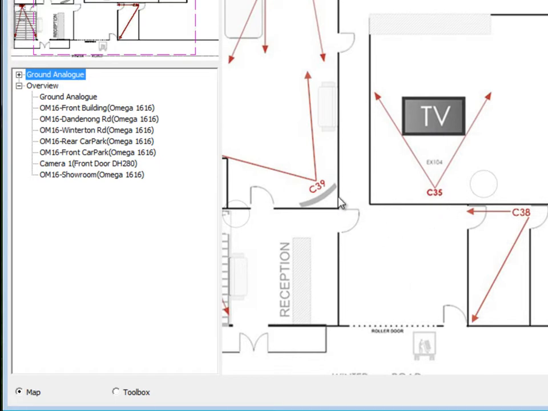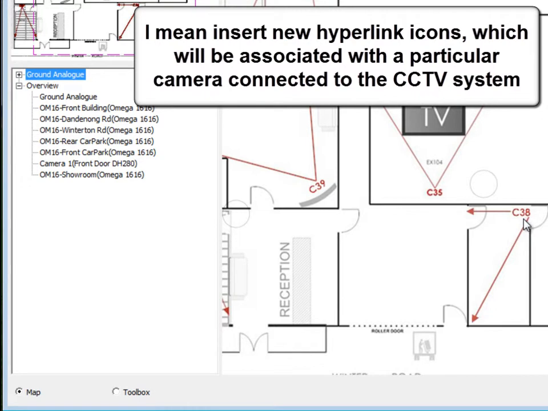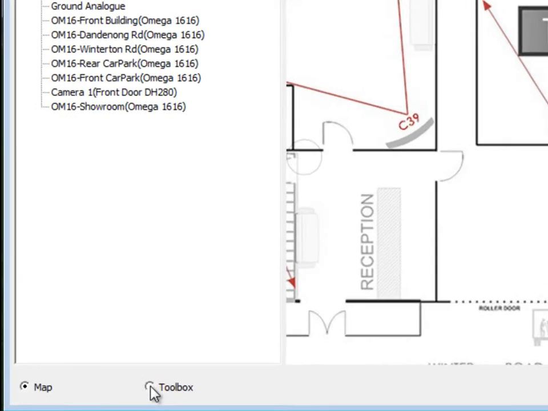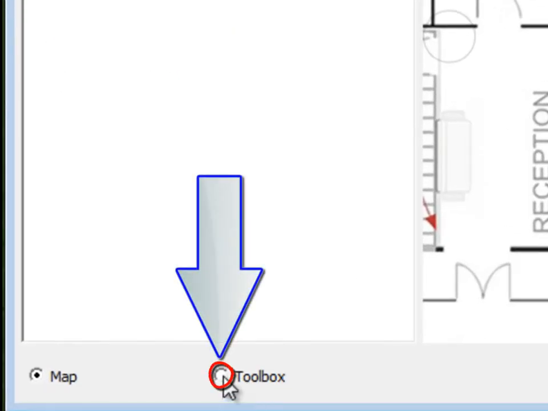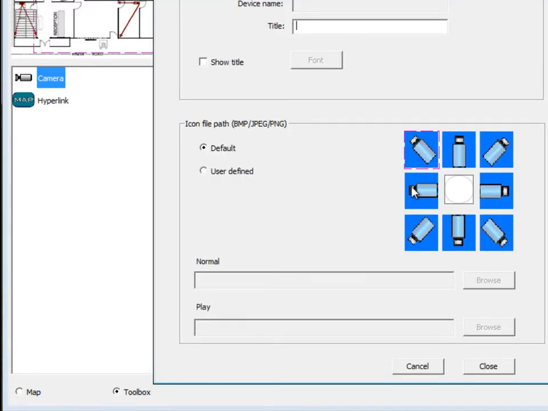So now the first proceedings will be to insert the new cameras. I've got two new cameras, C38 and C39. Now to create new icons for them, I click down here in the toolbox option, so I'll just click in that little circle, and here I see my camera and hyperlink icons. I will drag this camera icon over and just drop it off here just over the 39, and now it's